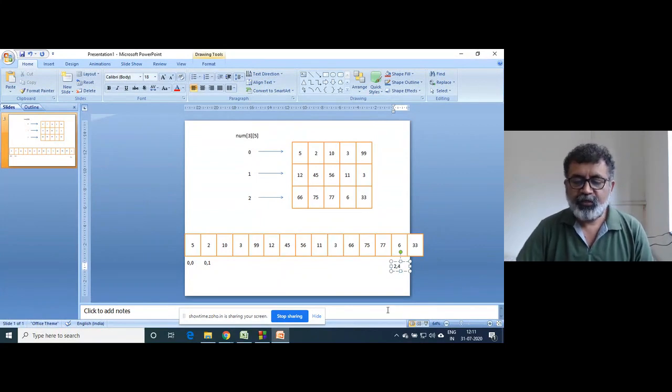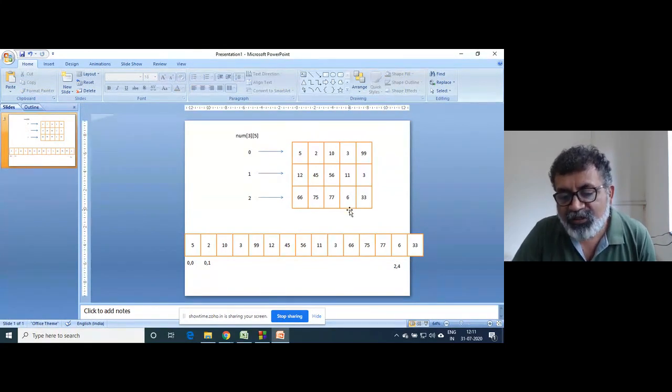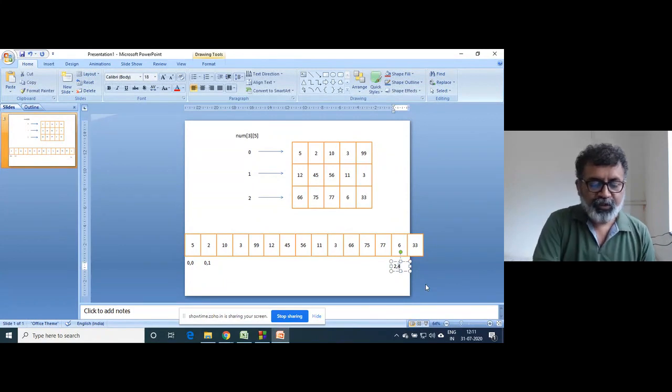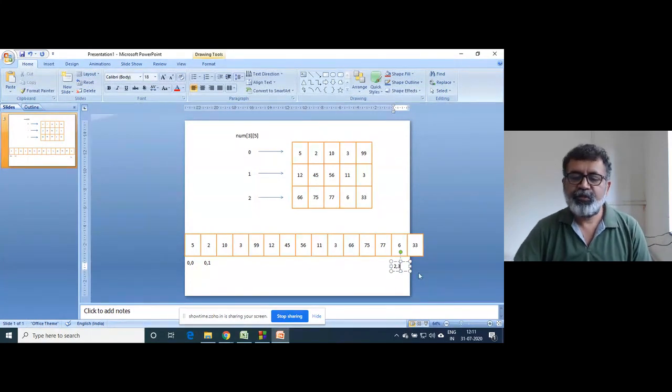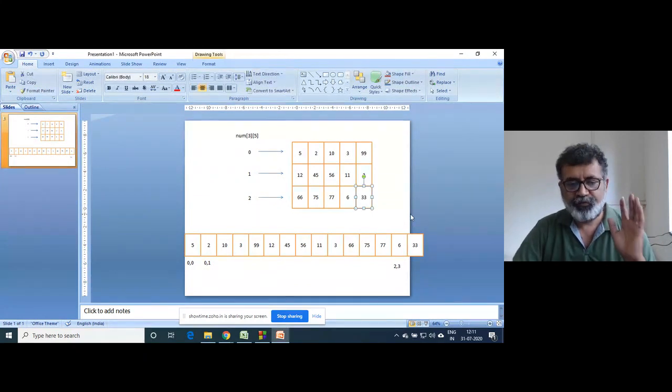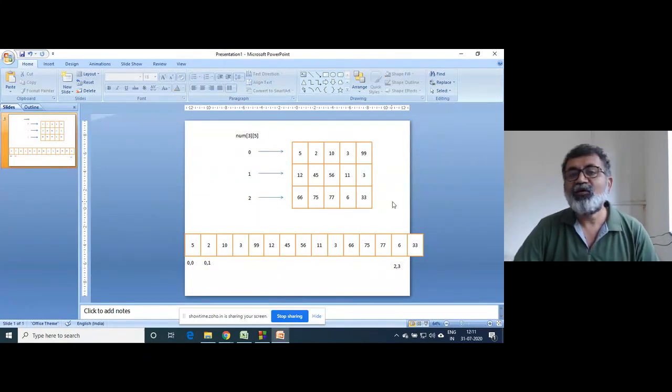This one is 0, 1, 2, 3, so the indexing will be 2 comma 3, and the indexing of this will be 2 comma 4. This is how elements are stored in the memory and accessed.